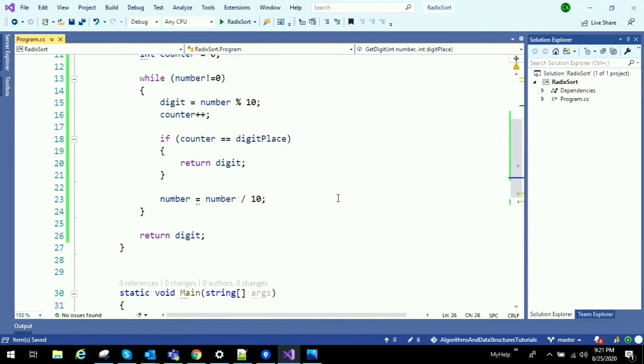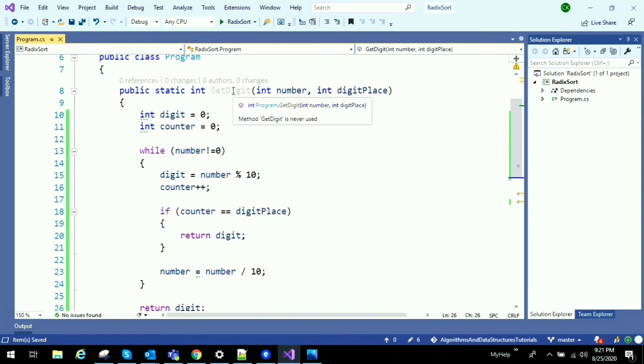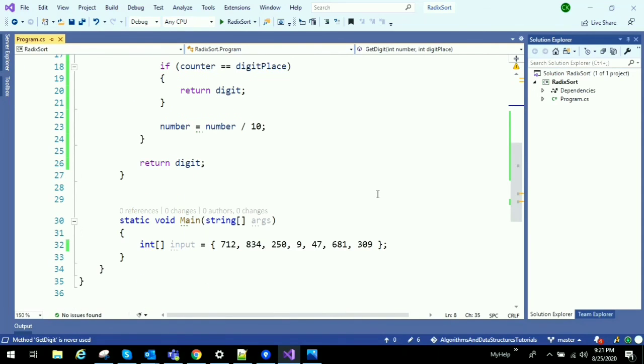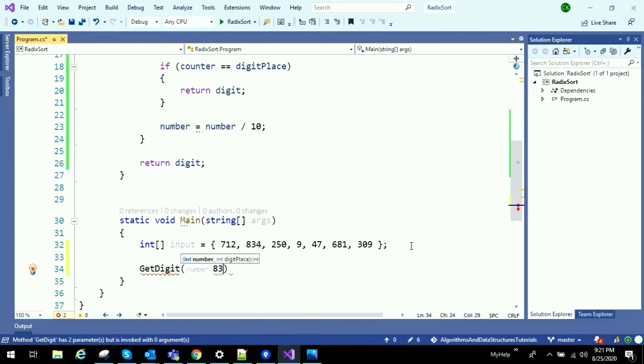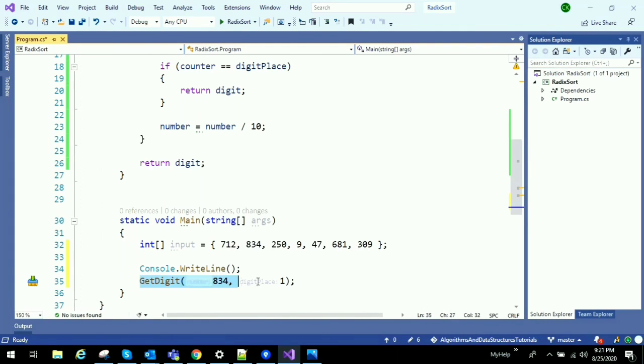Now we are done with logic. Let us see whether it is working fine or not. I will call that function get digit with 834. First I will ask for first digit. Let's see whether it is giving 4 or not.